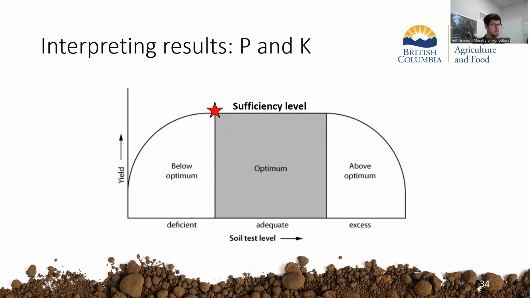And so as you move to higher concentrations within the soil, to a range where you get close to sufficiency, the more inputs that you add will have less benefit. And so you'll see a declining return on fertilizer, to the point where adding more fertilizer will not actually help boost growth of that one specific nutrient. So it's not a linear relationship where the more you add, the better results you get. There's that declining return, and that relates to if the soil is able to provide enough on its own, and the plant really only requires so much of some of these nutrients. So you'll hit that sufficiency level eventually, and that's usually when on the soil test you'll see its rating being